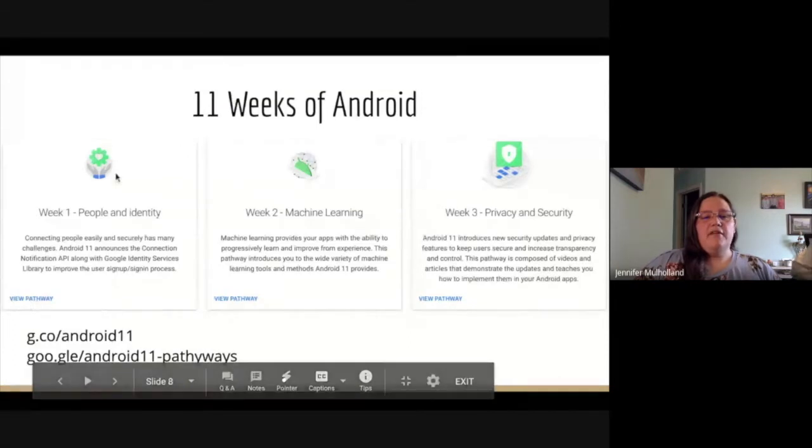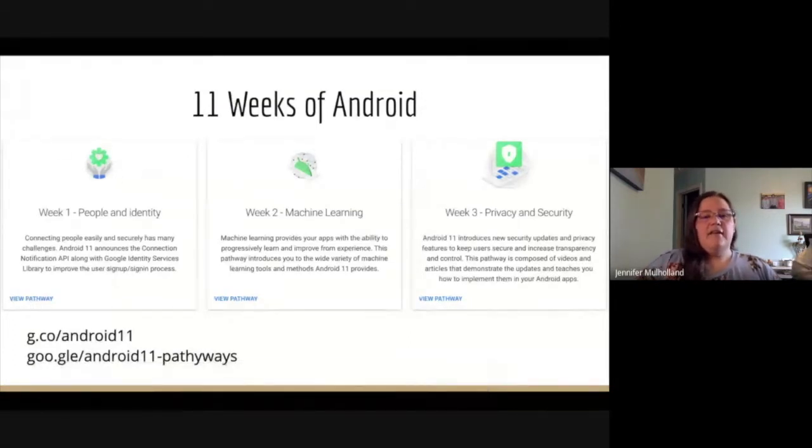So I did the week 1 pathways, and it had a lot of good information. Some of it was things that he had mentioned in the What's New in Android, but it also had some other things that hadn't been in there for sign-in and security that way. And one of the things he talked about was One Tap, and you get a chance to see how they want you using that, if you want to use that as an option for sign-in for them,